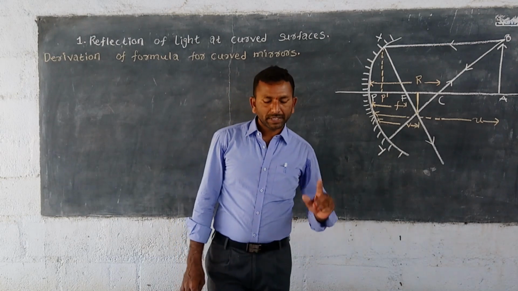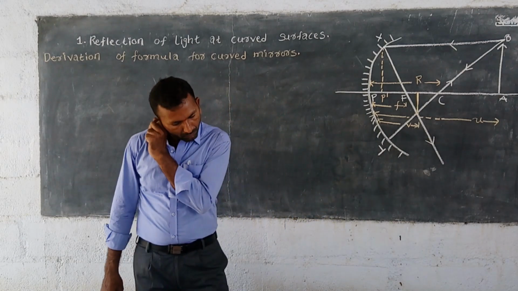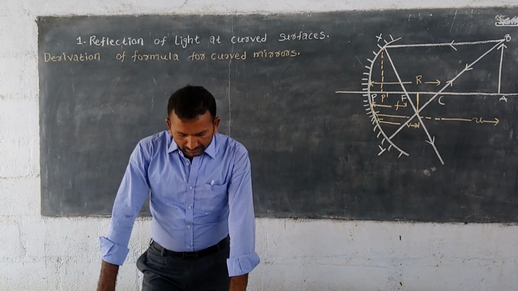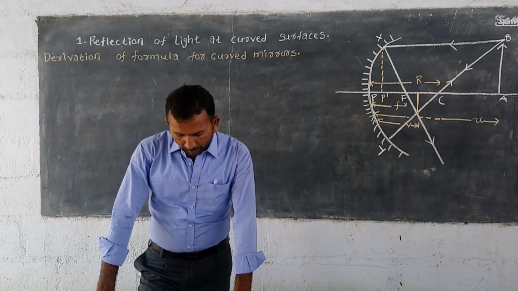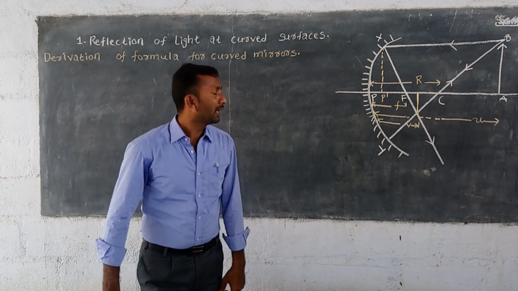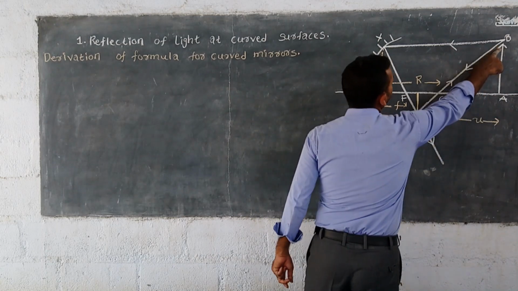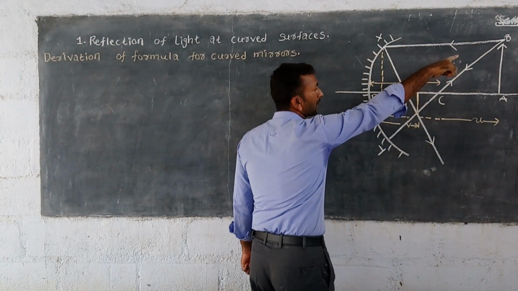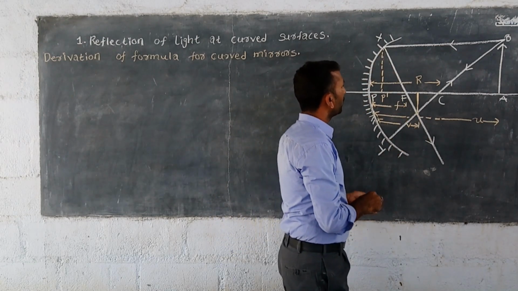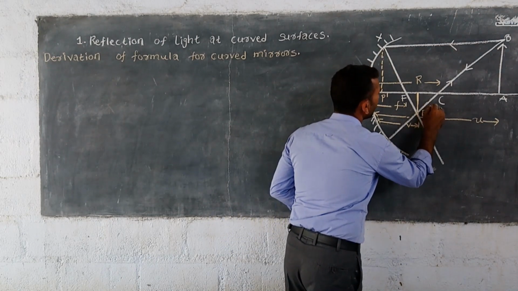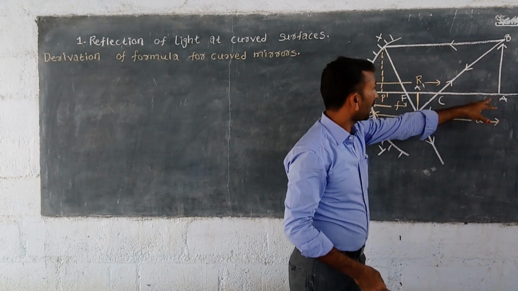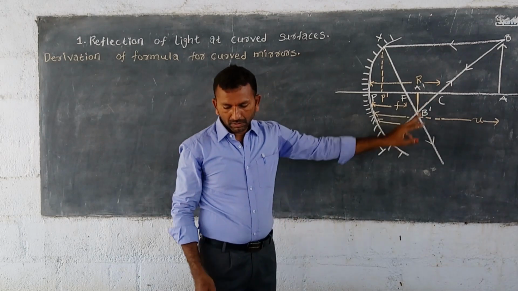Now let us derive the formula. The two rays XP dash and YP dash are meeting at B dash. So B dash is the image of B, hence the image of AB is A dash B dash. The two light rays are coming from B, that means the top of the object, and both the light rays are intersect at point B dash. This one is B dash and this one is A dash. That means here the object image is A dash B dash.